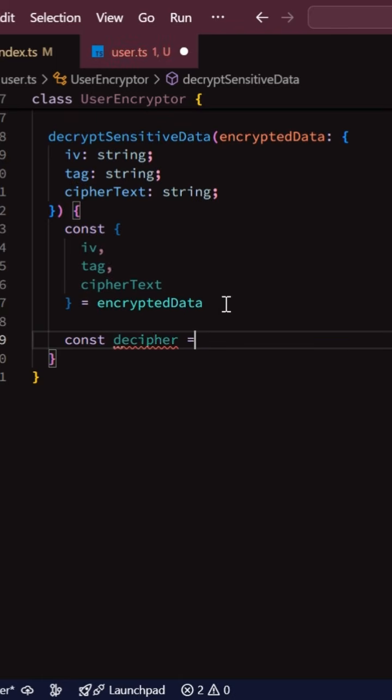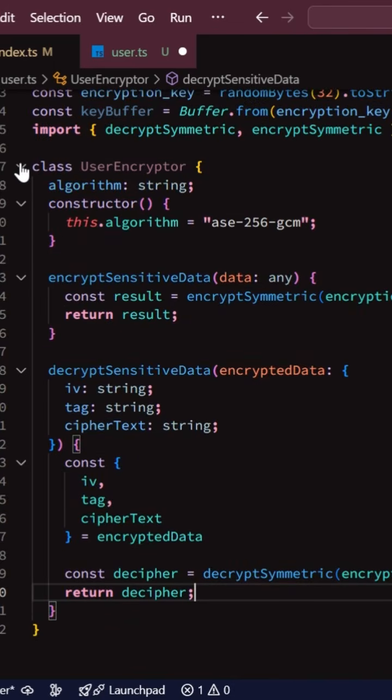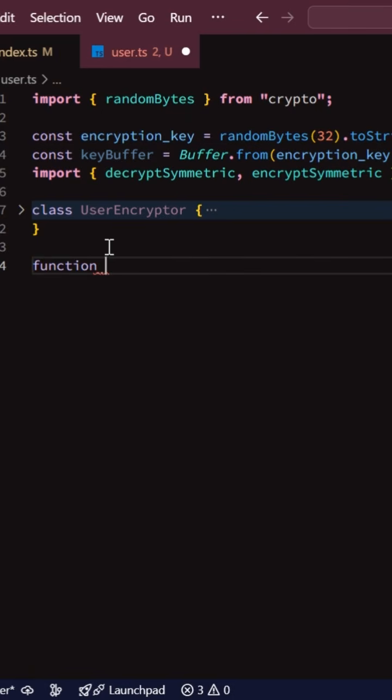Then I will import and use the decryptSymmetric function, passing in the encryption key, the IV, the ciphertext, and the tag. Then I will store the result returned in a variable, the cipher, which I will return from the function. I will add a new function, createUser, which accepts a single argument, userData, and inside this function